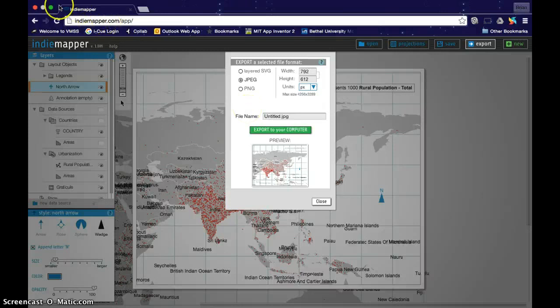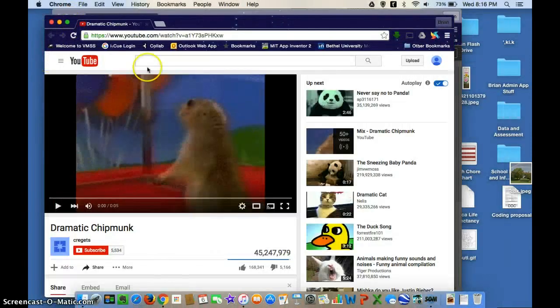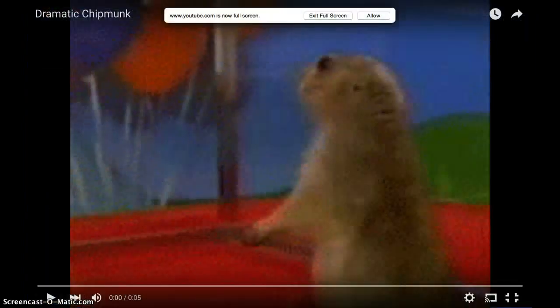So now that we're done for your viewing enjoyment, let's finish today looking at the dramatic chipmunk. Ready, set,